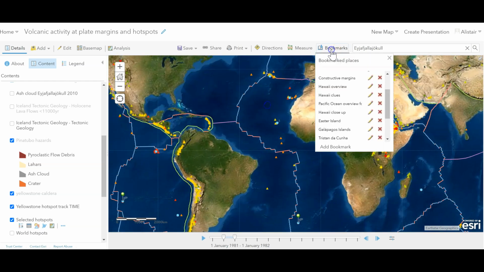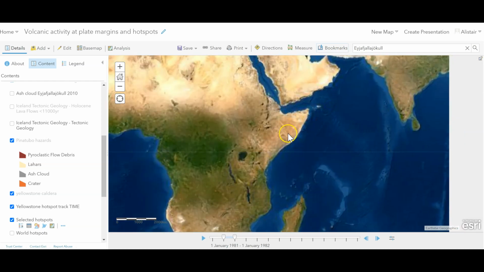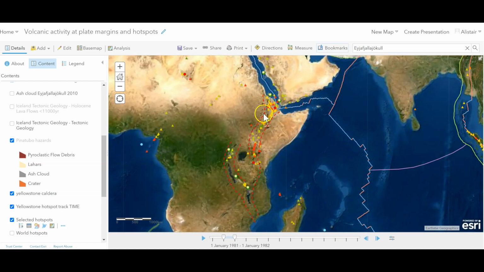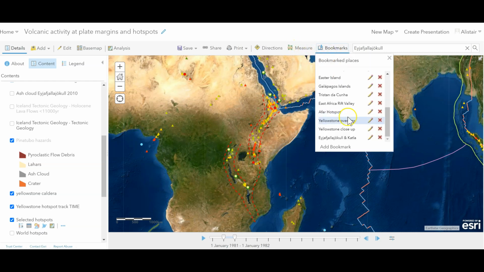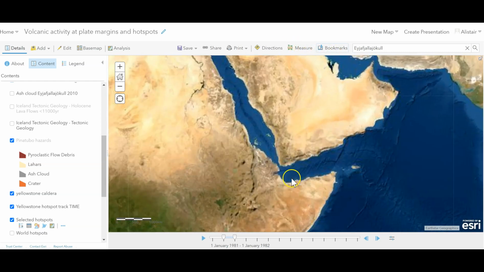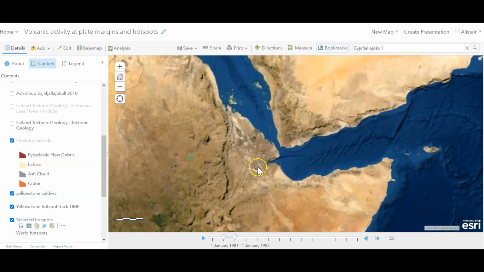Because there are some examples of those. What do they look like? So we're going to go first of all to a region that we've gone to before, which is your East African Rift Valley. As you know, this is an area of active volcanism. And again, what's driving this, because you're not officially at a plate margin yet, but what's driving this is some hotspot activity here. So if we go in and have a look at the Afar hotspot, which is down here,